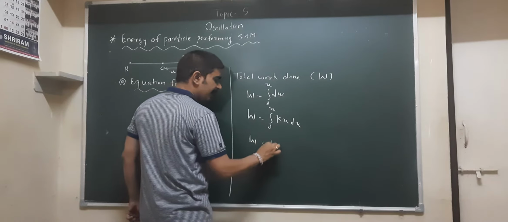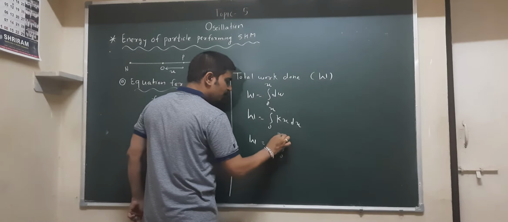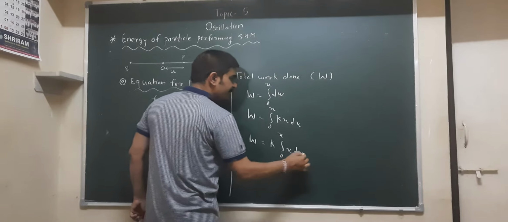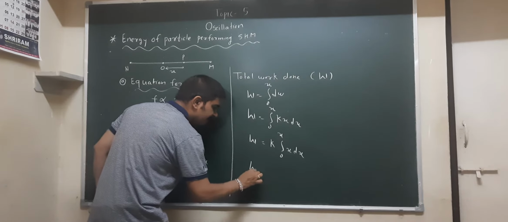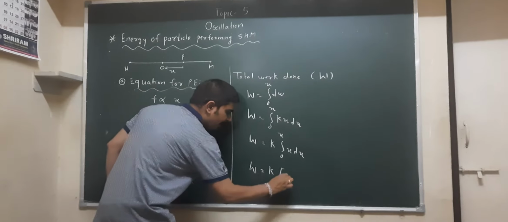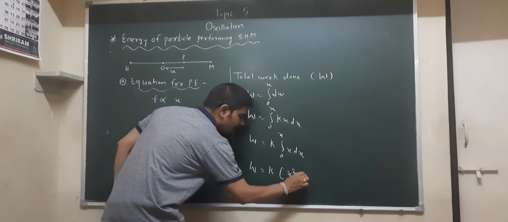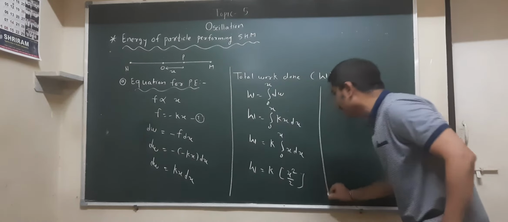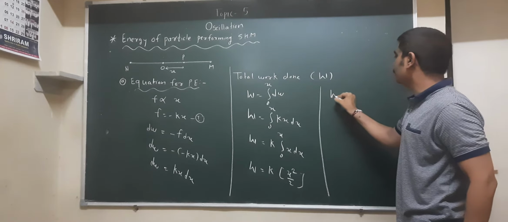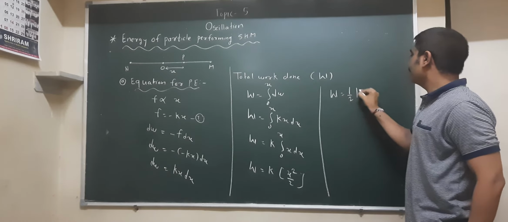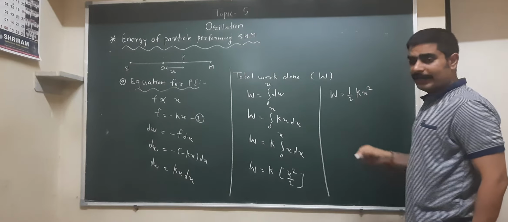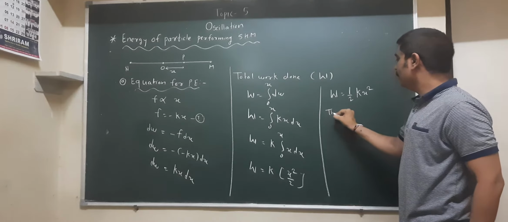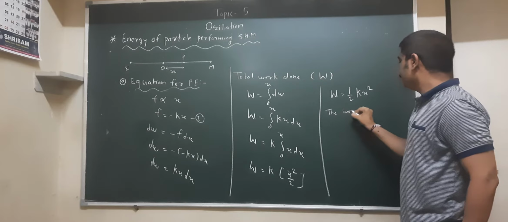Now take k out of the integration from 0 to x of x dx, and the integration of x is nothing but x square upon 2. So if we write it properly, we get the formula for the work is equal to half kx square,